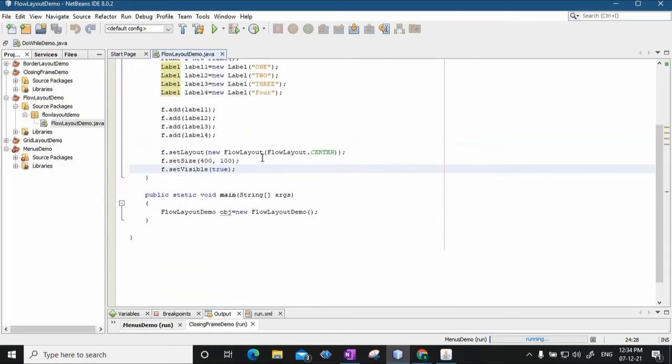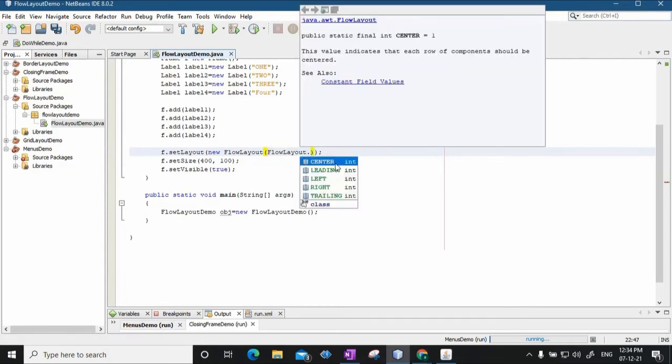Correct? So f.setLayout(new FlowLayout), and the FlowLayout class has different static fields. I'll show you what are the different static fields that are present. So FlowLayout dot, you have something called CENTER.